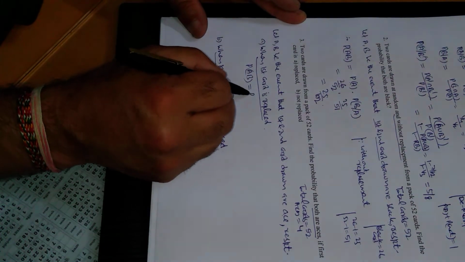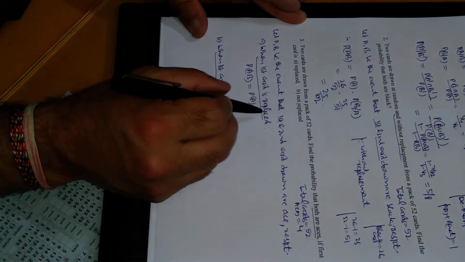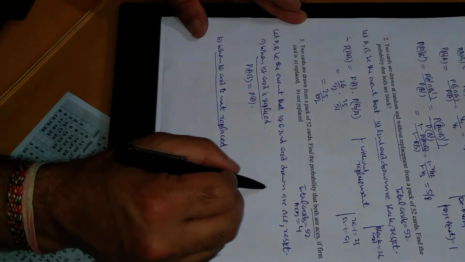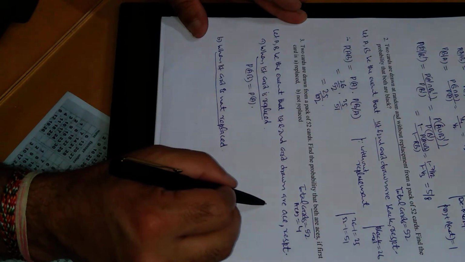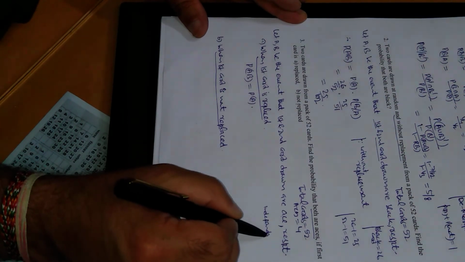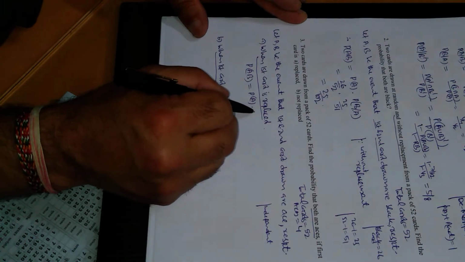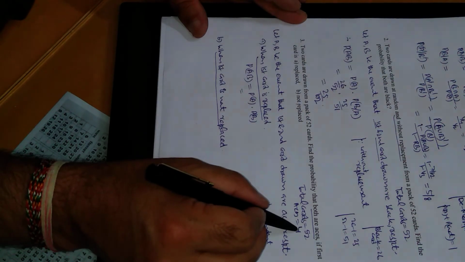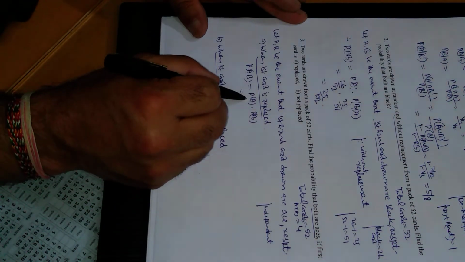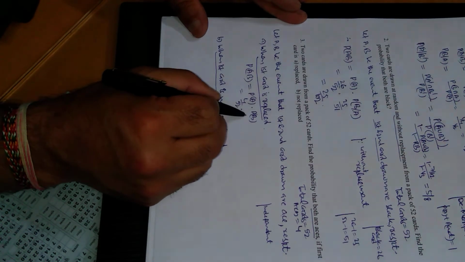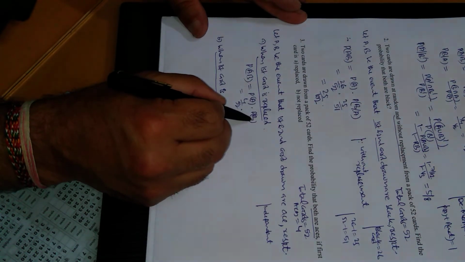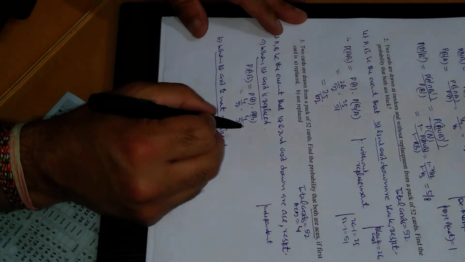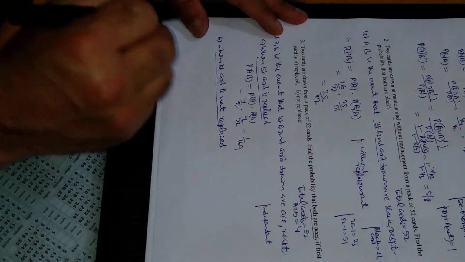First card is replaced means that it is again available for the selection. So that means the events are independent. Replacement means independent. So in this case, because it is again available for the selection, the probability of B will not be affected by A. Probability of A: favorable outcomes 4, since any of the 4 aces can be drawn, and total cards are 52. Again favorable outcomes are 4 for the second card drawn being an ace, because with the replacement it is again available for the selection. Total cards are again 52, and this will come out to be 1/169 on simplification.